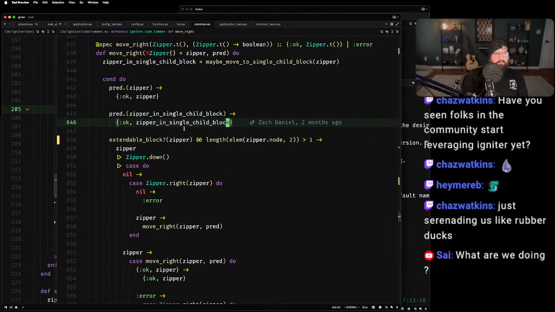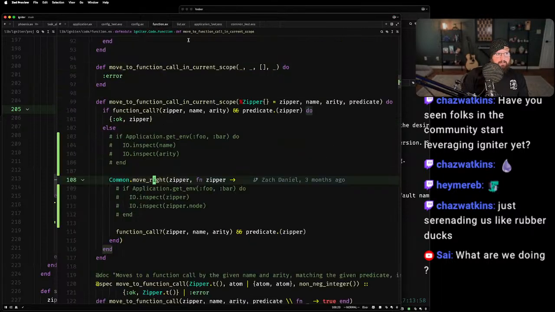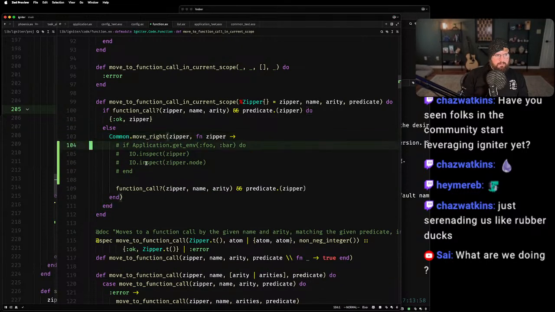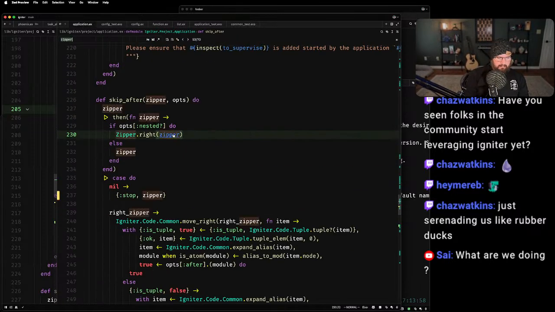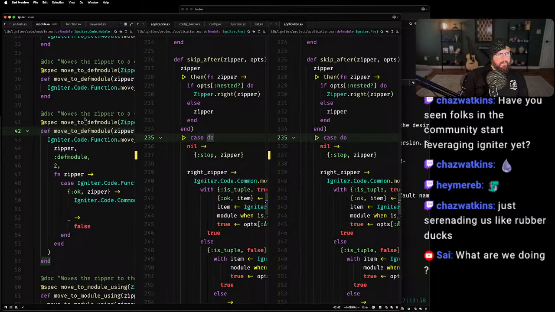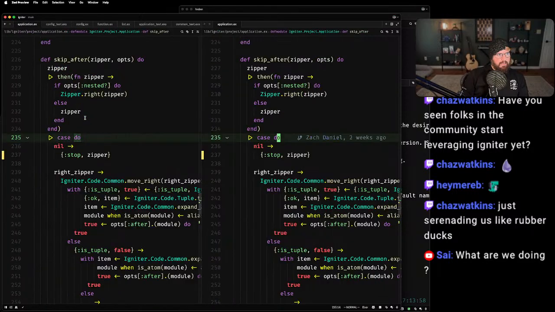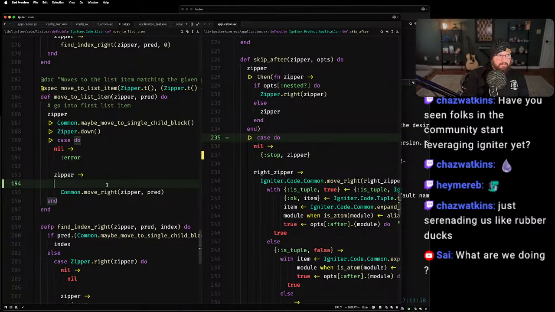That's the main problem. We have this move right, and that's not the tool that we want to use to do this logic. So probably what we want to do instead is, yeah, we're going to need to add a list. So move to list item uses common.move right, and that's not going to be right. We're going to say case zipper dot right equals.